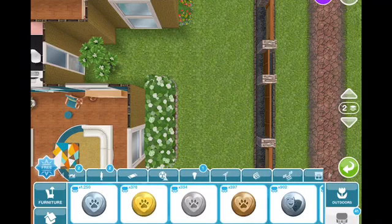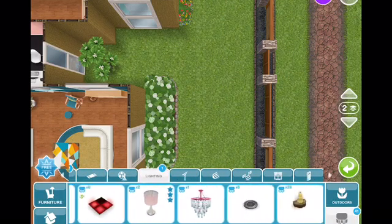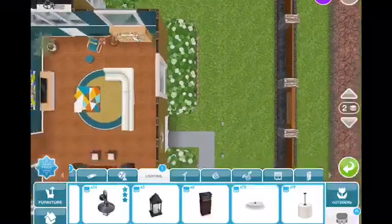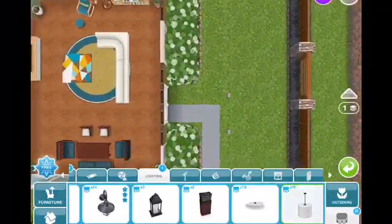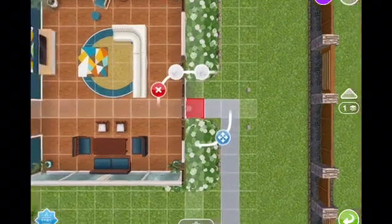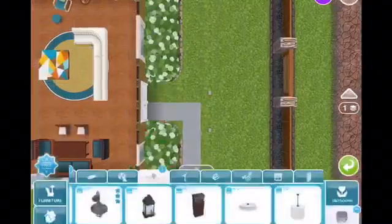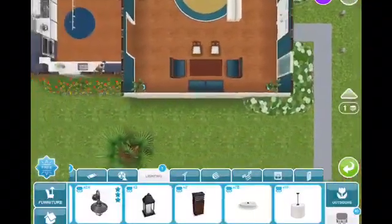I don't understand that at all. So now I'm going to try to find some more lighting and see if we can put lighting over top of these bushes, because I haven't tested that yet. Nope, we can't. Oh well, that would be nice too, but we can't do that. So